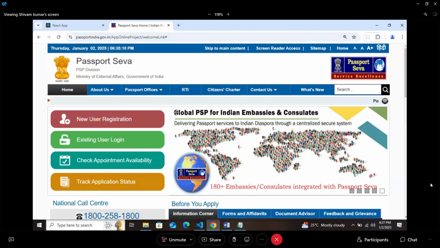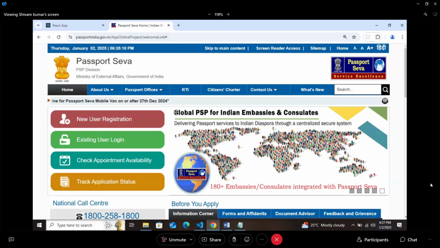No. Passport is a government approved document which gives you permission to travel outside of the country. So whenever you are going to any country, let's say you are going to Dubai, they will mark a stamp on your passport that you visited Dubai on this date. You visited Thailand on this date. Right? So everything is available on that passport. You know the things, but you don't know the things.